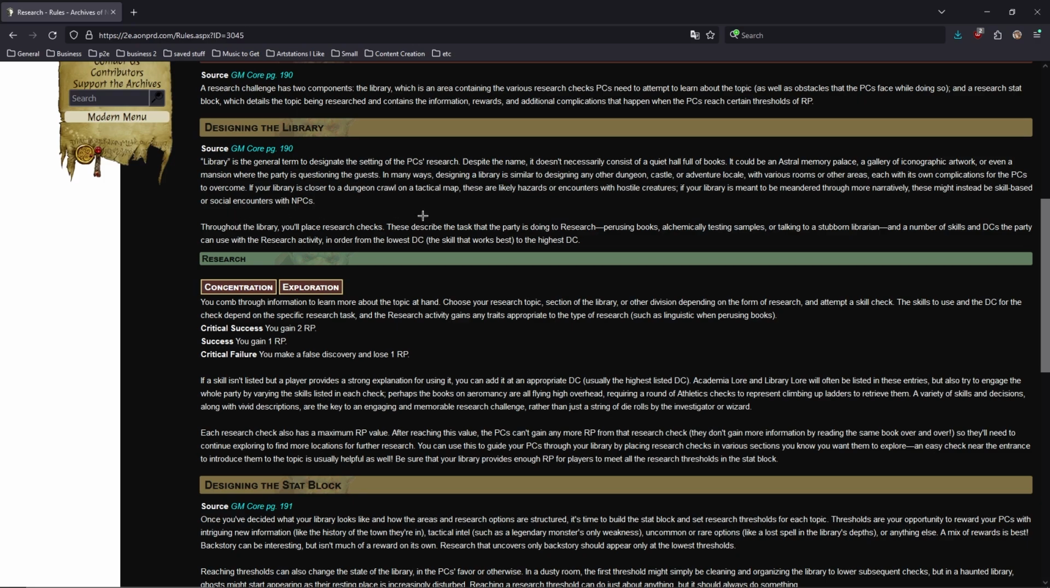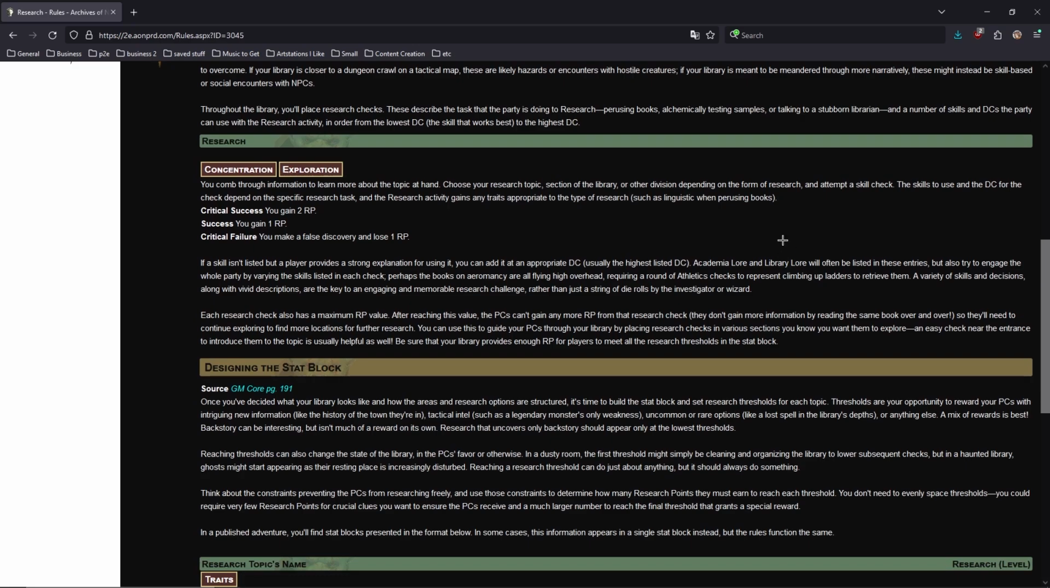Throughout any given library, you want to place research checks and allow the party to engage with them to attempt to gain research points. On a critical success on a research check, they'll gain 2. On a success, they'll gain 1. On a critical failure, they will lose 1. Typically, any given research check you place in your library has a limit to how many research points you can get out of it, and then it has various skills that the party are able to utilize to gain information from them. You can also, as with many of the subsystems, encourage role-playing and creative problem-solving by allowing players to utilize skills you did not list in the research points,